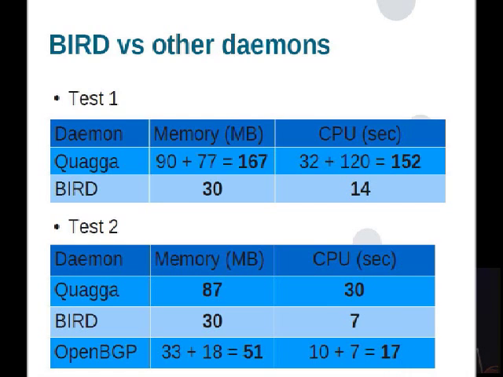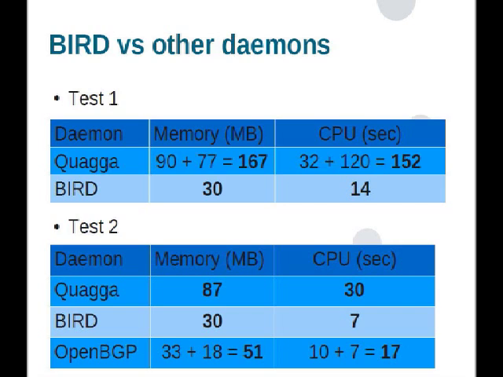We did two tests. The first one was to start up such a router with synchronization with the operating system's routing table. And OpenBGPD didn't work in that scenario, because, as I said, it's not a Linux-focused project, so we couldn't use it. But anyway, it was a simple test, and you can see the memory consumption is, I don't know, 6 times smaller compared to Quagga, and the CPU time is 10 times more. Quagga had two processes, Quagga and Zebra, for the synchronization with